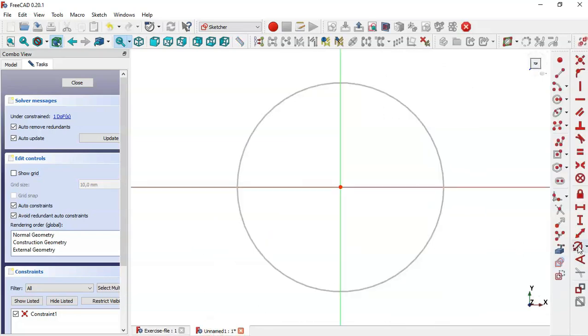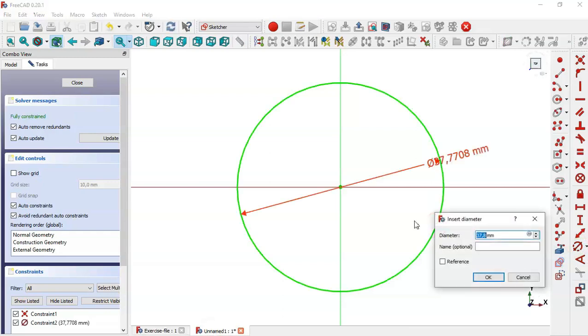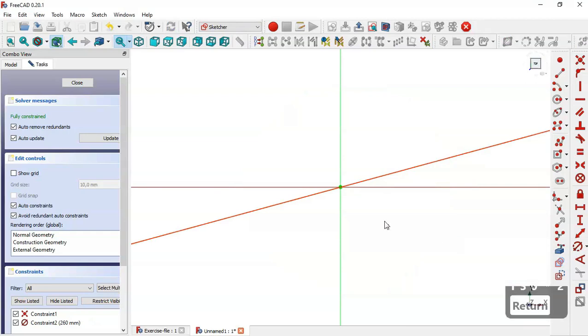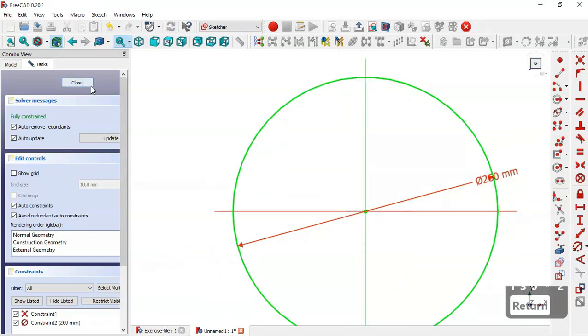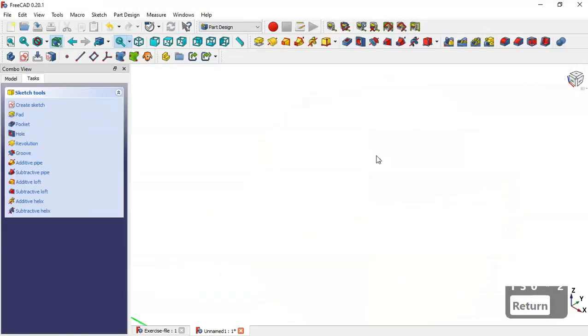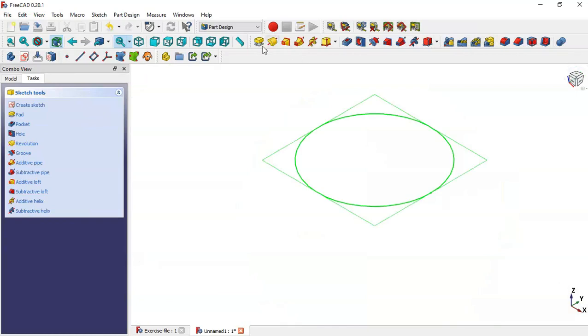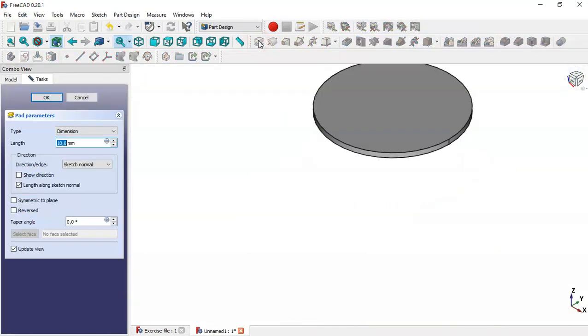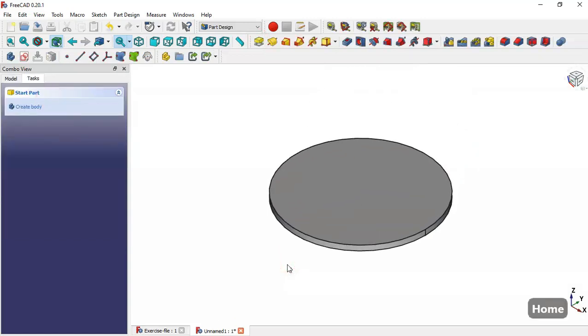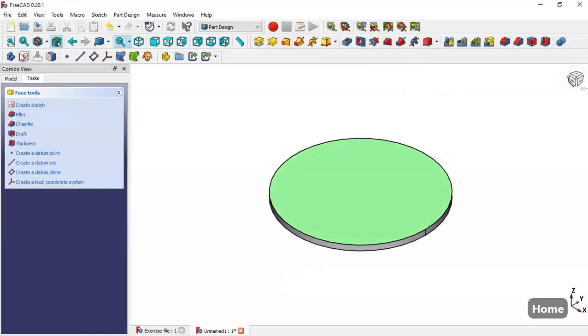So select this tool, click on the circle and put this dimension. And now close the sketch, press this icon, the pad tool, and the length is 10. Okay, press home, select this face, create sketch,